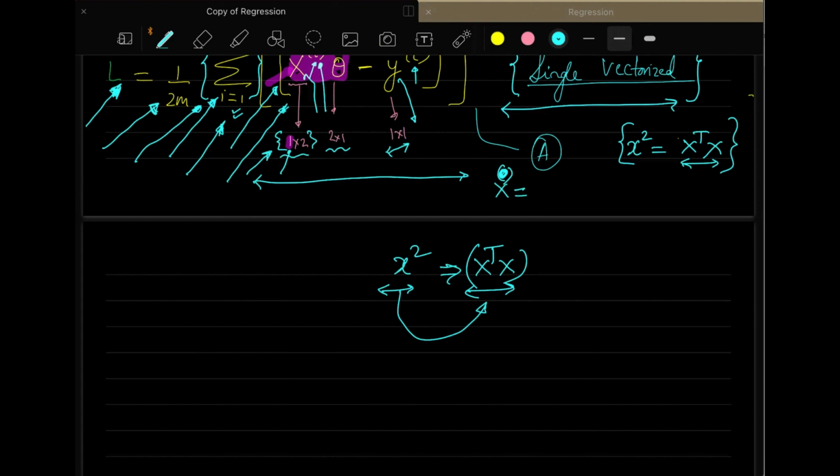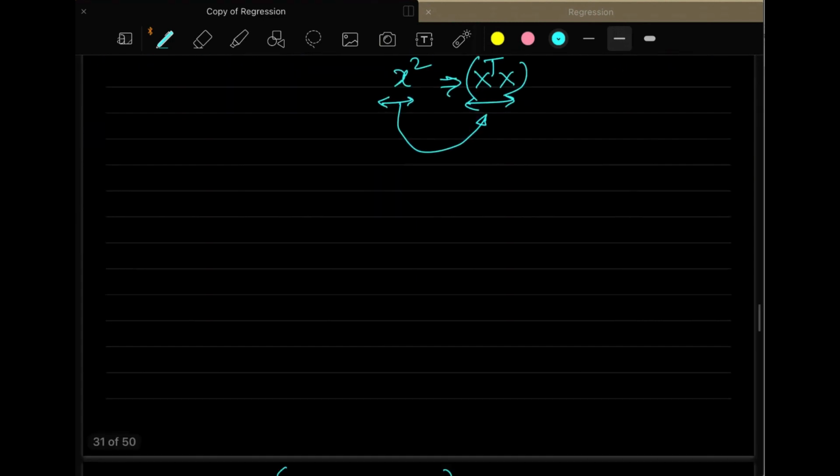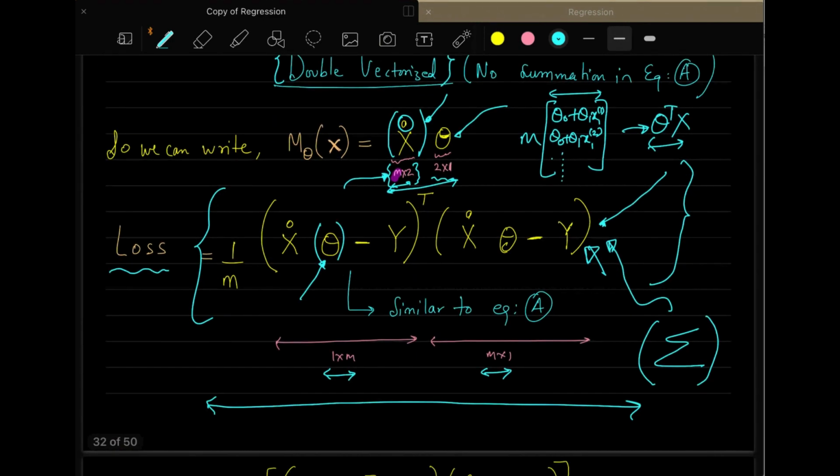If you understand, there is no mathematical insight over here. It's just the matrix transformation that we are doing. So you can look into it, and if you have any doubts, then do let me know. But I think you will get to know what I am writing over here. So it's just a simple thing.